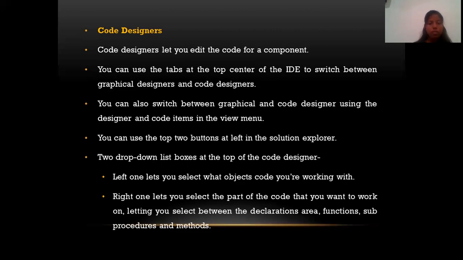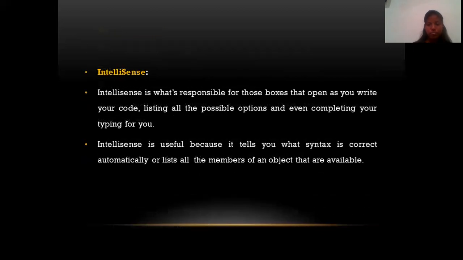There are two drop-down list boxes at the top of the code designer, one on the left and one on the right. The left one lets you select which object's code you are working with, and the right one lets you select the part of the code that you want to work on, letting you select between the declarations area, functions, subprocedures, and methods. So these are the main IDEs in the .NET framework.